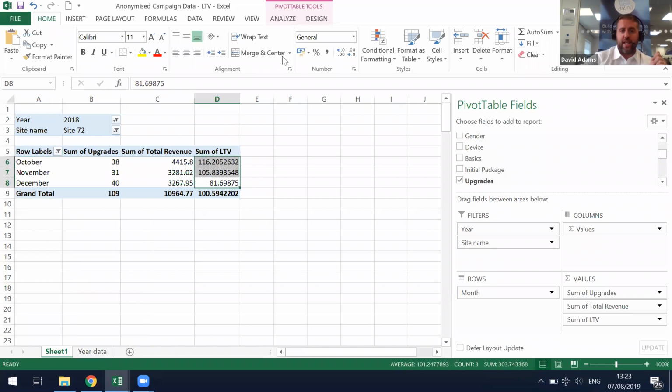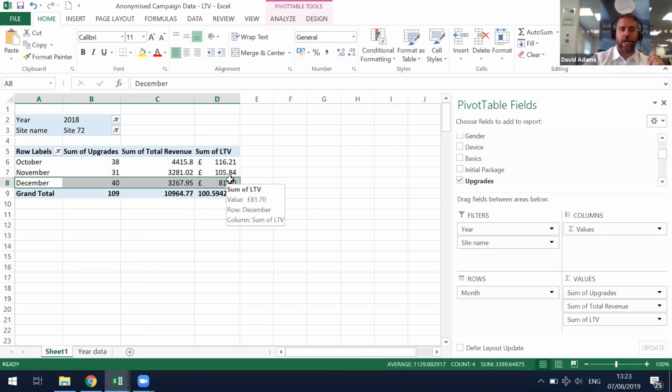And what you can then see there is how lifetime value matures over time. December's traffic that generated those 40 upgrades is worth £81 now per upgrade. Whereas if you go back to October, it's had an extra couple of months to rebill, therefore it's now up to 116. And what you will see is this just goes up and up and up over time until